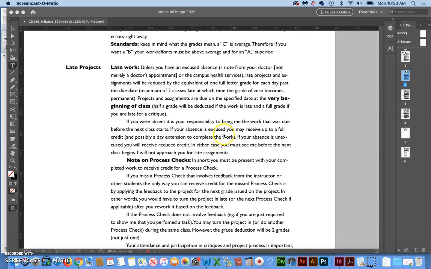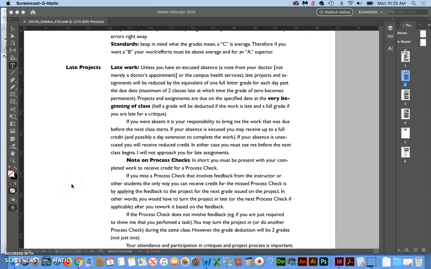The reason being is sometimes students will spend the class time working on their project rather than paying attention to the new stuff and then turn it in and think that they've done themselves a favor when actually they've just missed out on all the instructions for the next project. So you get it turned in at the very beginning of the next class. If not anytime after that, then you're falling into it being a second class period late, and then that would be an 8-point deduction or 2 full letter grades.